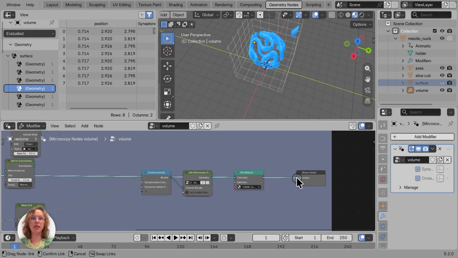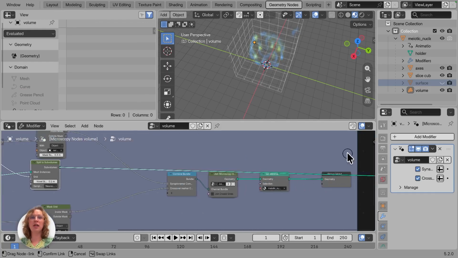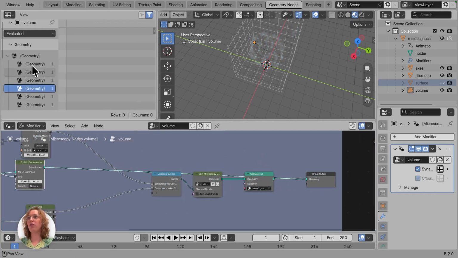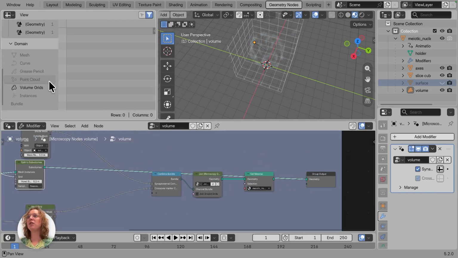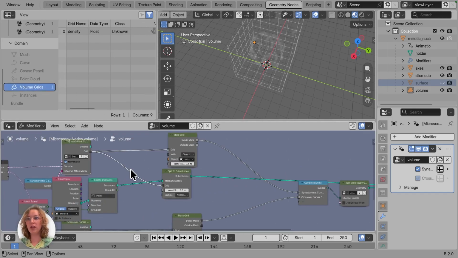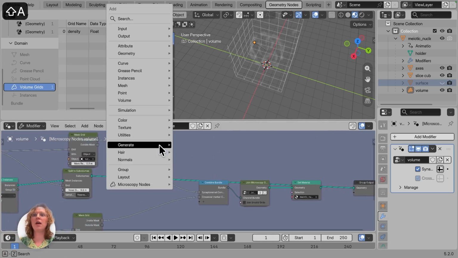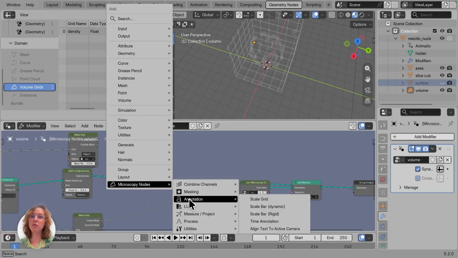But if we reset this, we can now also put the instances into our split to subvolumes. And what we'll then get is, again, separate instances, but each of these has a little volume grid. And that volume grid is sampled from the original synaptonemal complex data grid. But because these are subvolumes, they don't really do a lot, as they're not very useful to use in this case. So we want to actually get back from our subvolumes